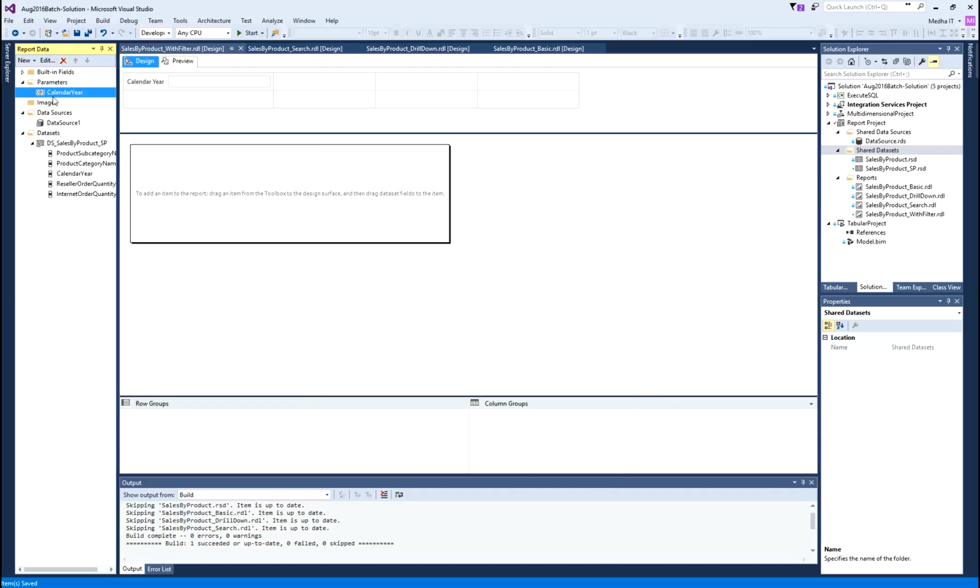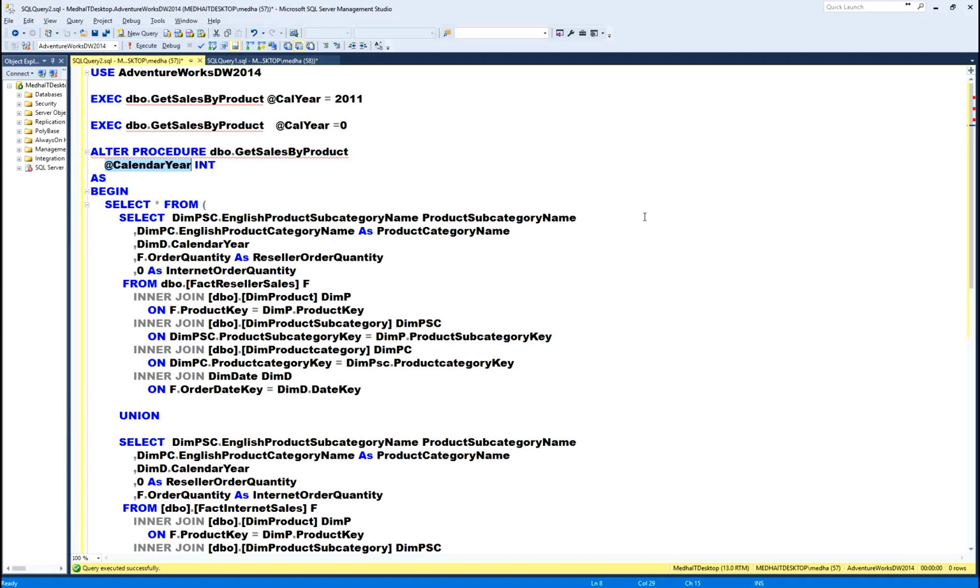So, I will say one of the options I have here is, if I look at my stored procedure, the stored procedure is already giving me calendar year. So, I can directly use the stored procedure to get the years, but that will be a performance impact, because we need to run this whole joins. So, instead what I want to do is run a simple query